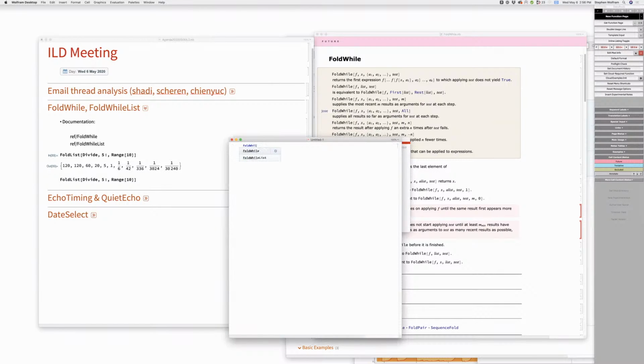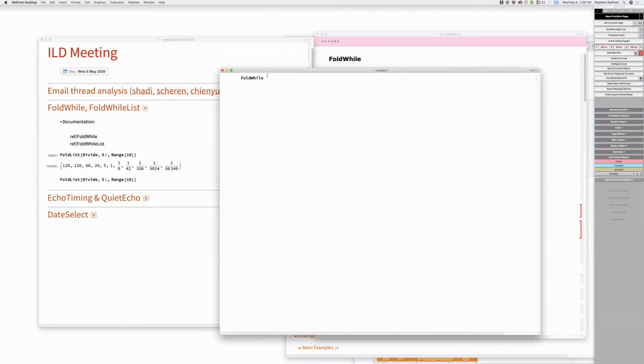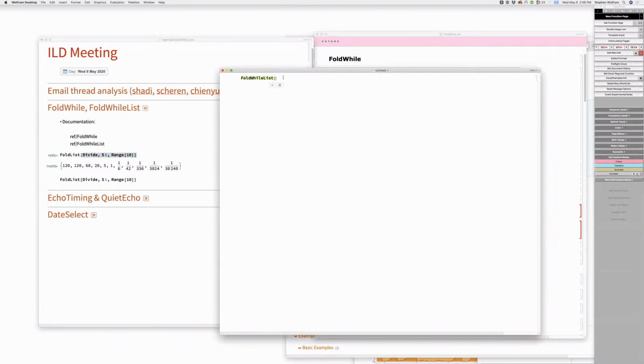If it's not, it's in the internal context. It is. Okay. So now what you're saying is fold while list of this thing here, and then it needs an extra argument for integer q. Okay, that's that. So now I'm going to say I want just one, I'm only going